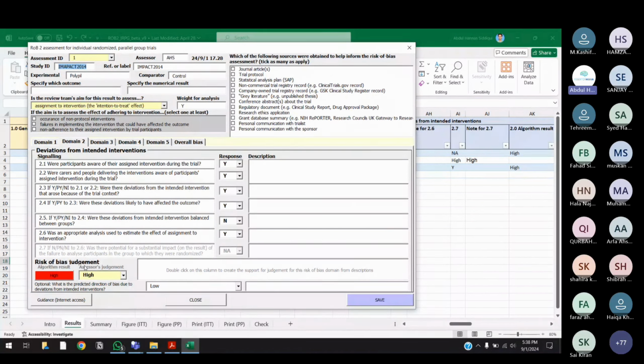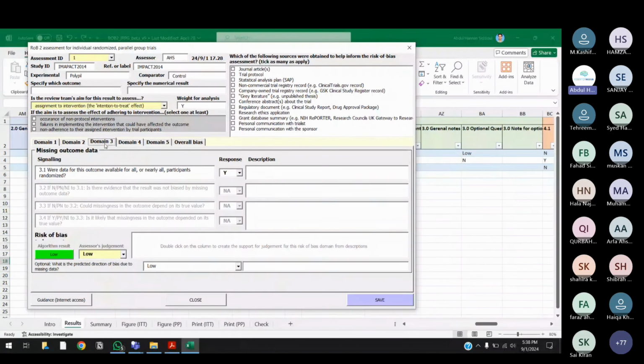Okay. Then once you are done giving the responses, then you are going to click on the algorithm result button. ये आपने दिया हुआ है जो यहाँ पे red color से show हो रहा है. It is going to tell you कि result क्या है, low result है, high result है, और is there some concerns. Then you will select your own judgment as well. ठीक है? You can also select your own judgment कि आपको क्या लगता है, right? What do you think? Is it low? Is it high? Is it some concerns? Okay. Usually you will select the same thing as given by the algorithm. जो algorithm बोल रहा है आपने भी वही select करना है. Then you move on to the next domain. इसी तरह से you will answer.